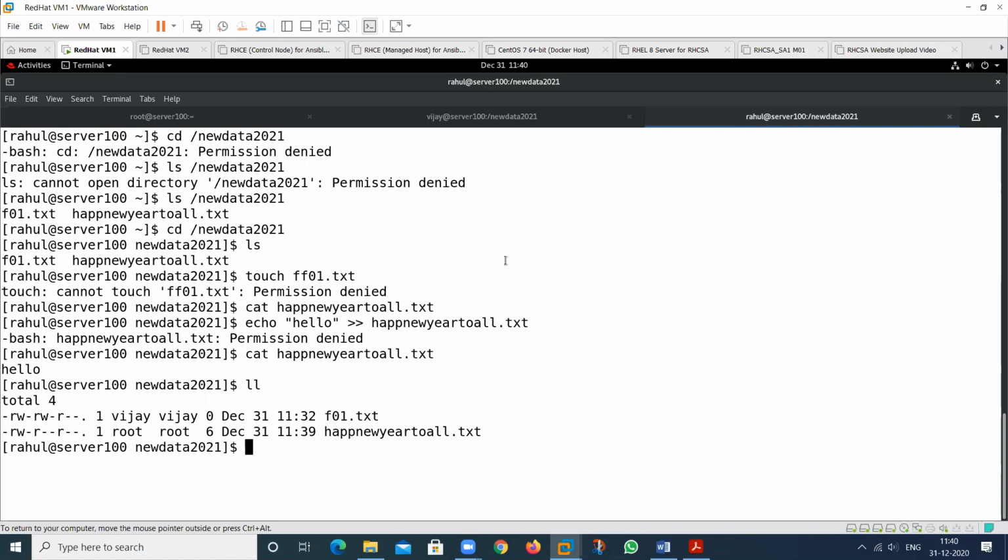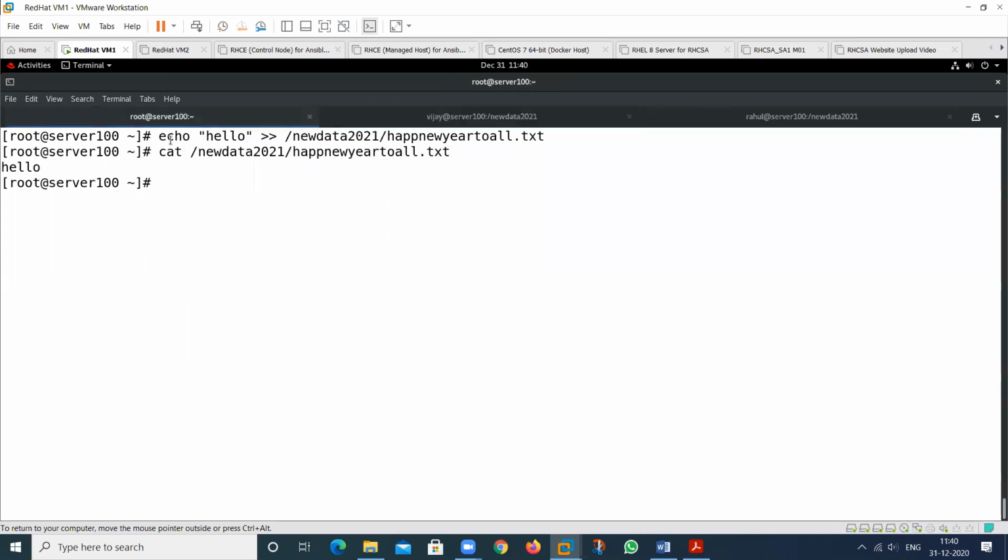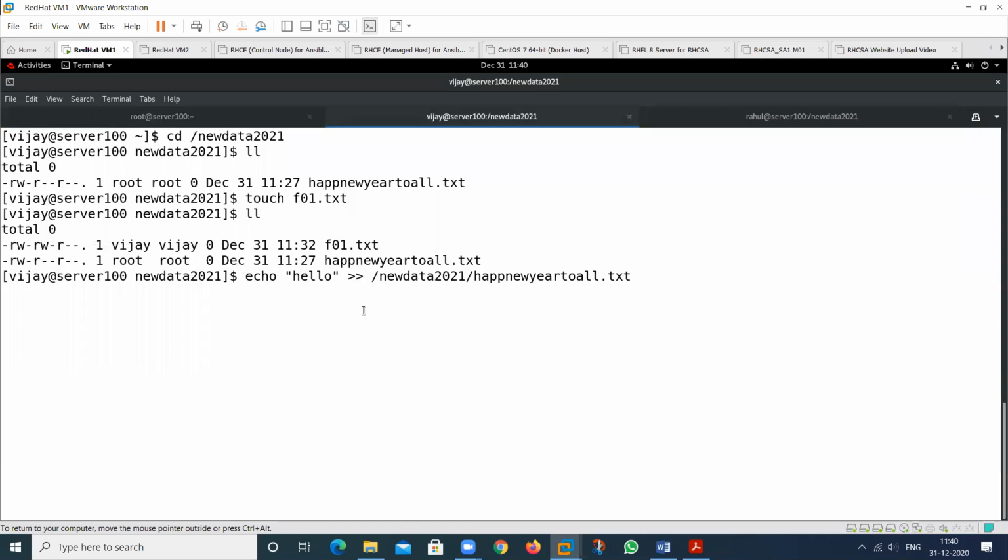If this user wants to put this type of content in this particular file, then see, my file name is F01.